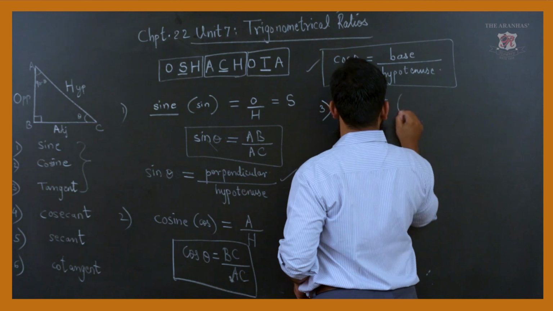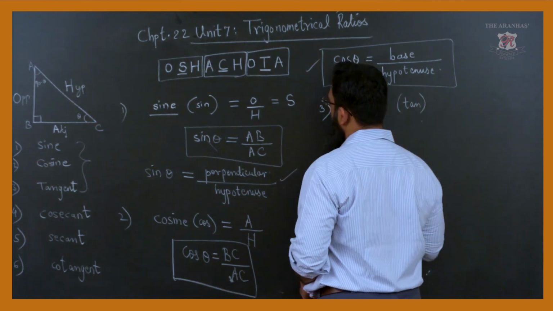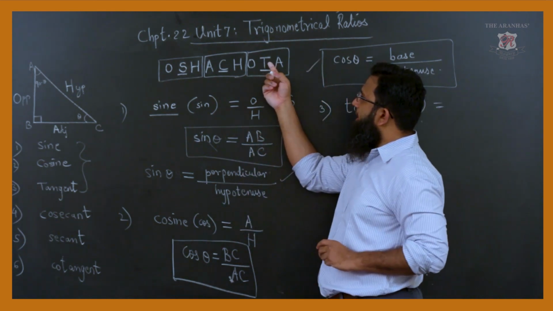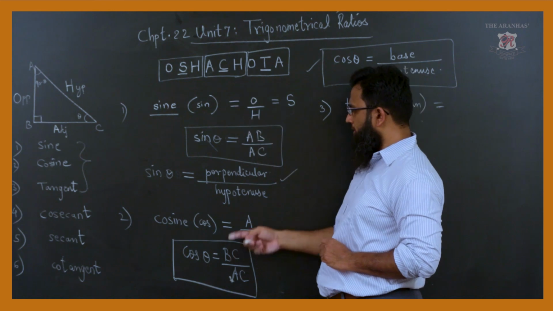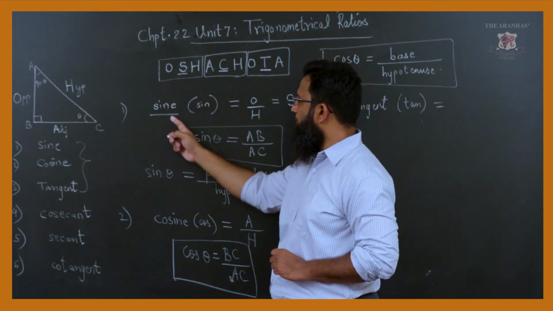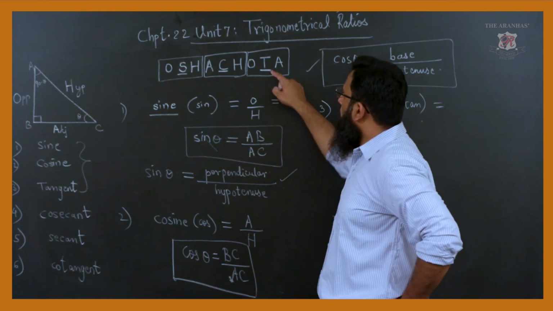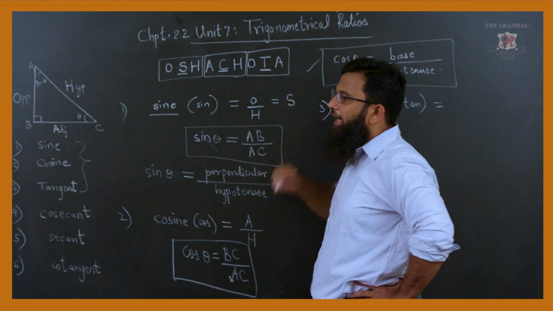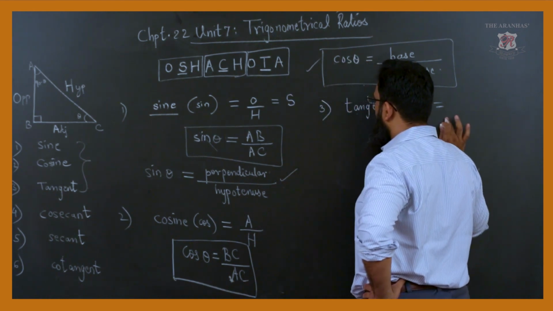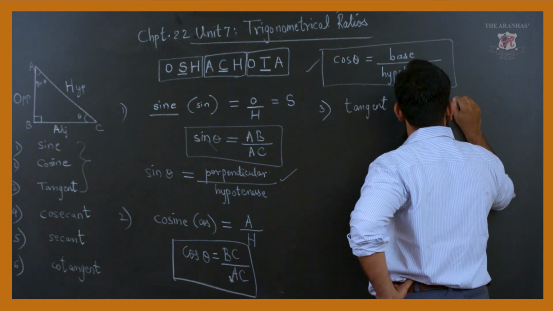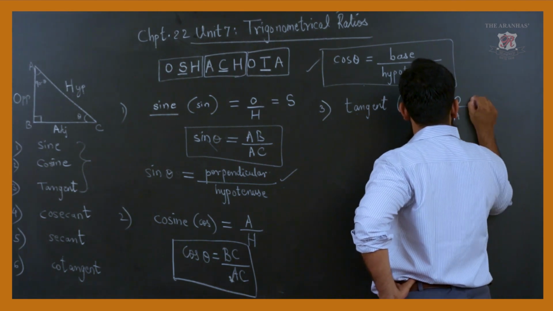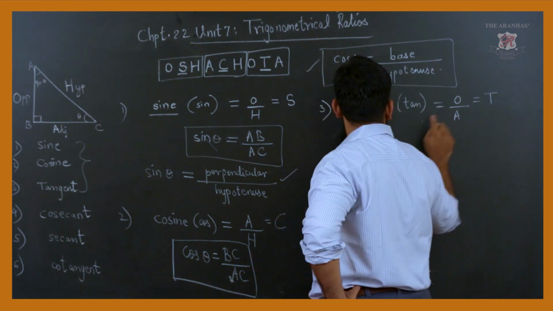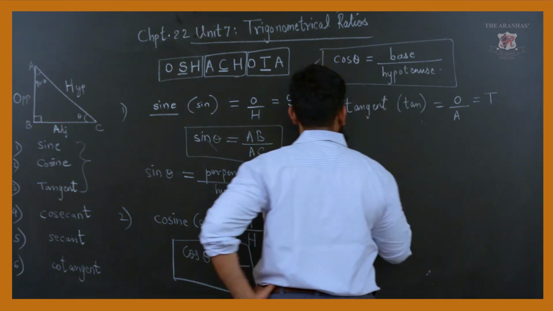tangent, also called tan, which is equal to, now as I told you, T stands for the trigonometric ratio over here, C stands for the trigonometric ratio cosine over here, S stands for trigonometric ratio sine. Now, what about tangent? Left hand is O, right hand side is A. So, that tangent will be O upon A. O upon A. Let us elaborate it.